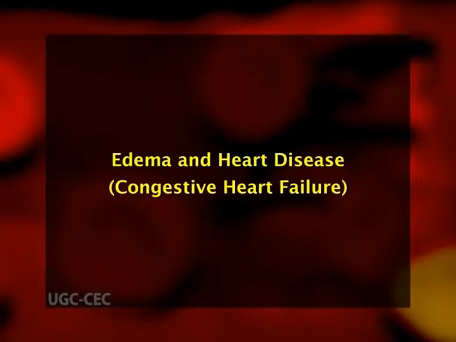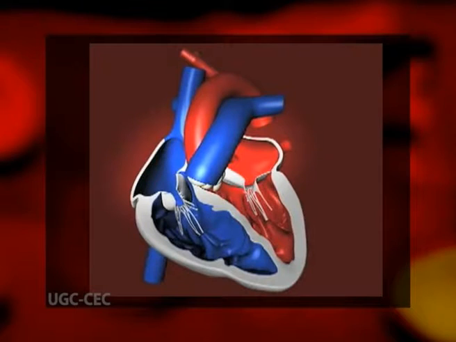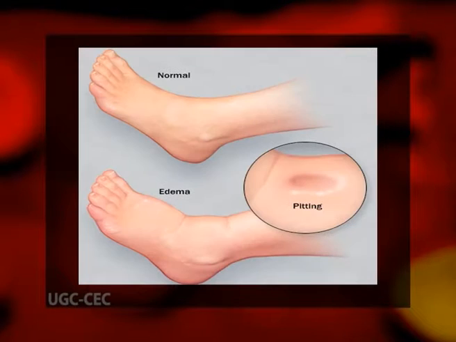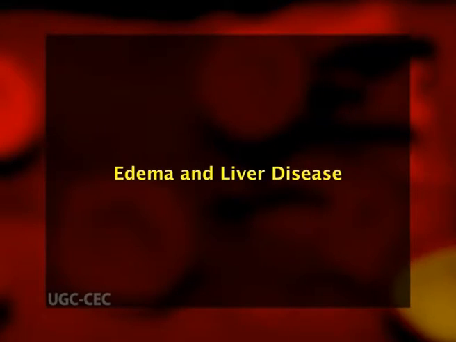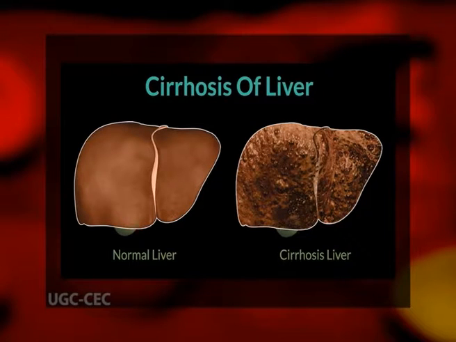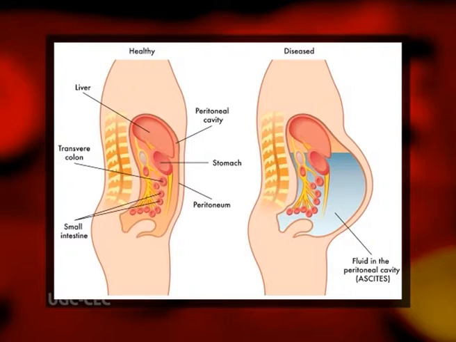Number fifth is edema and heart disease, that is congestive heart failure. When the heart weakens and pumps blood less effectively, fluid can slowly build up, creating leg edema. If fluid buildup occurs rapidly, fluid in the lungs, that is pulmonary edema, can develop. Number 6 is edema and liver disease. Severe liver disease, that is cirrhosis, results in an increase in fluid retention. Cirrhosis also leads to low levels of albumin and other proteins in the blood. Fluid leaks into the abdomen, called ascites, and can also produce